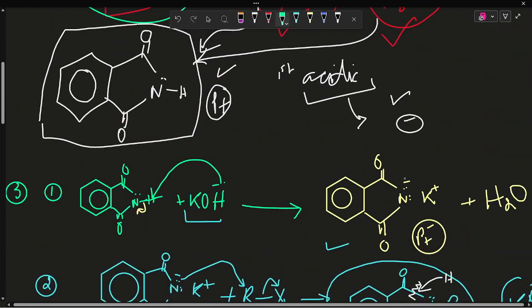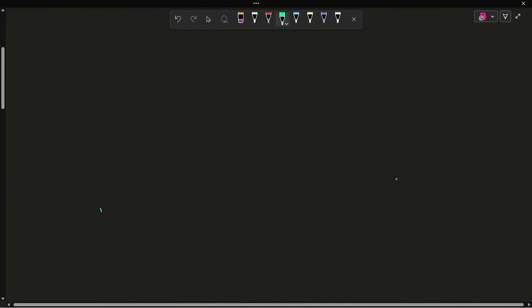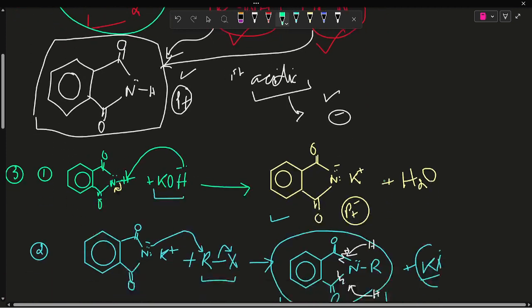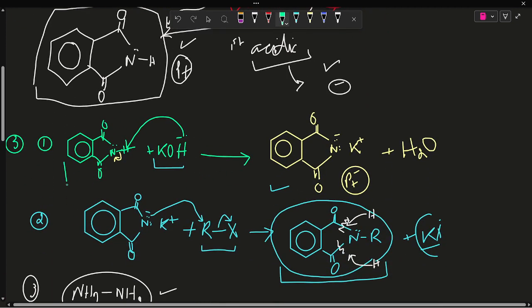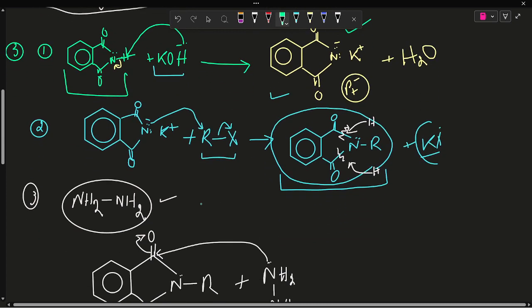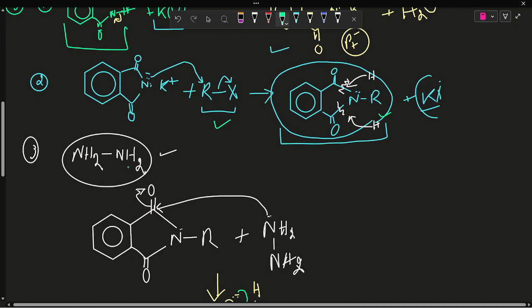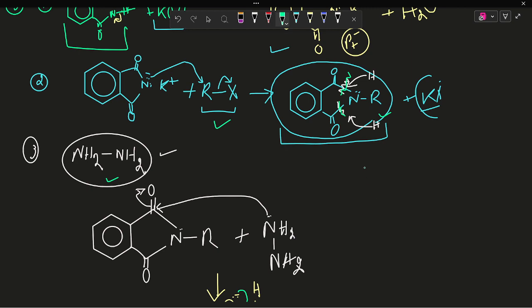Hope you understand that. We have got 3 steps in this process. The first step was that we added base to phthalimide, which yielded us phthalimide ion. In the second step, to the phthalimide ion, we added alkyl halide, which yielded us a molecule something like this. In the third step, we added hydrazine in order to break these two bonds, and provide us with 1,4-dione and